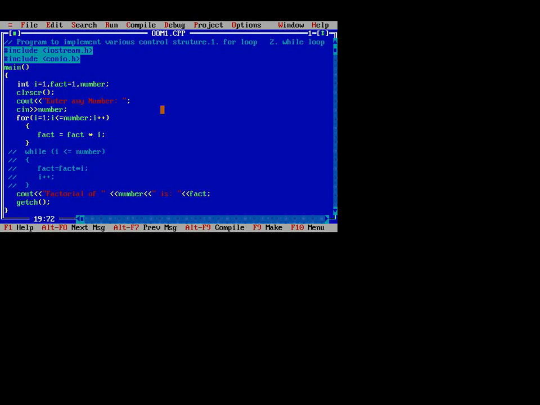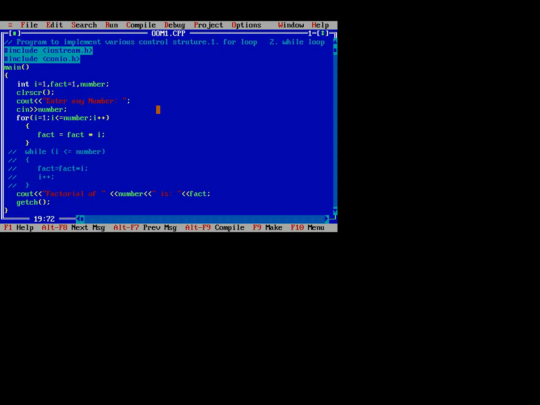Then we have used the for loop here, and the while loop also, but in this program we have generally used the for loop. Using the for loop, the value of i is multiplied with the value of fact. Initially we have initialized the fact variable to 1.